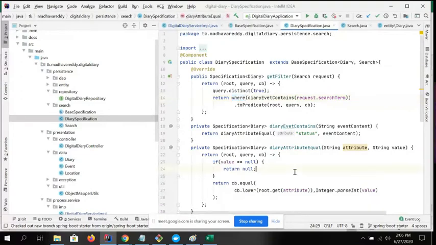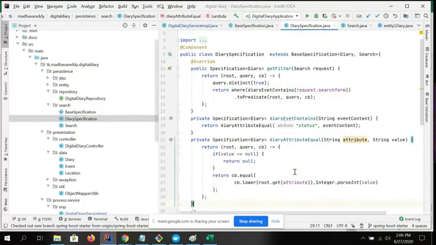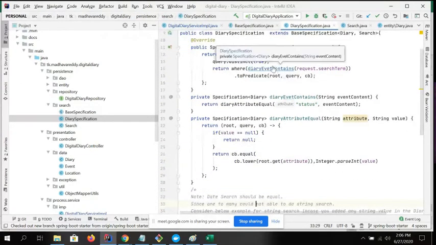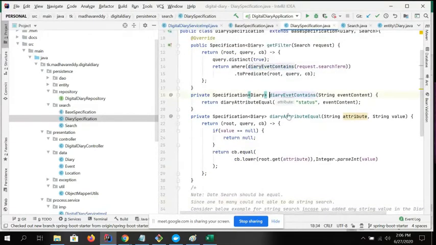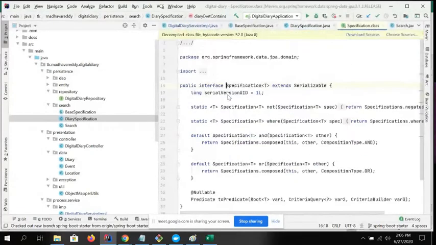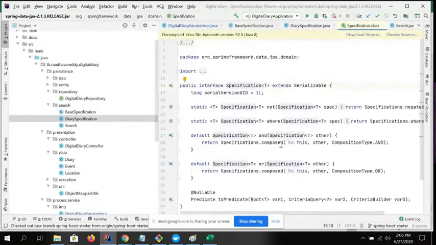When you specify the where condition and check it, we are returning a specification. I'm talking about the specification now. If you see this interface, it does n number of operations. It does the predicate operation and a lot more.